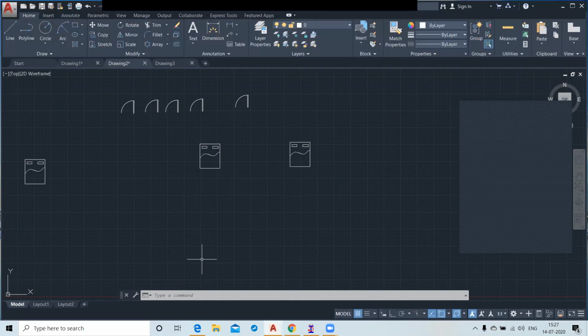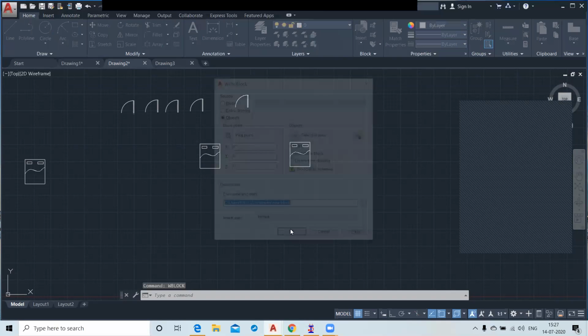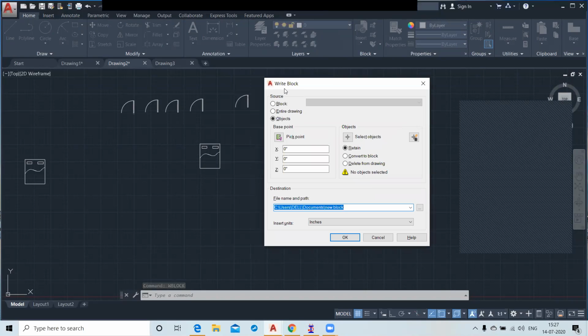Yes, but we have another option, W block. By the W block, you just type WB in your command window and press enter. So this is your write block window.